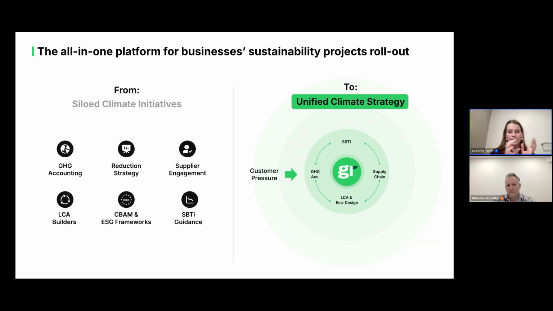With CBAM, the challenge isn't just about understanding the regulation, it's about integrating compliance into your existing operations and making it a performance and success key to your operations, without any excessive manual effort or administrative burden. So we really designed a software that is making this evolution from siloed climate initiatives with data scattered around all departments into a unified climate strategy platform that can centralize and reward your company for your carbon initiatives.